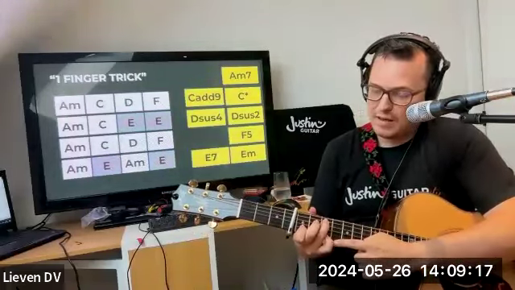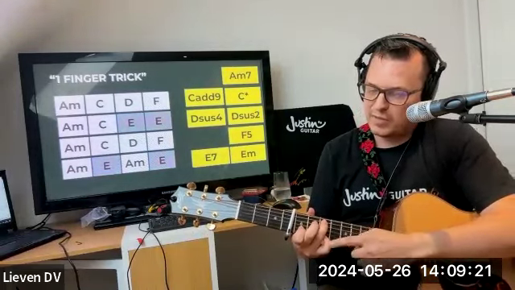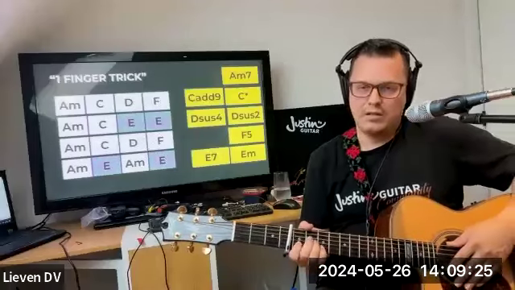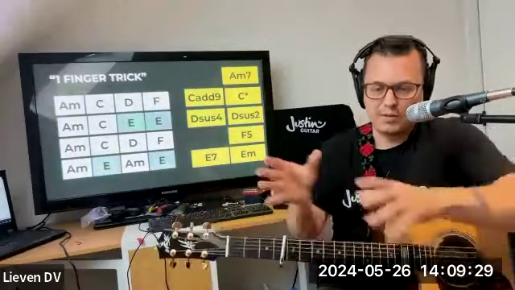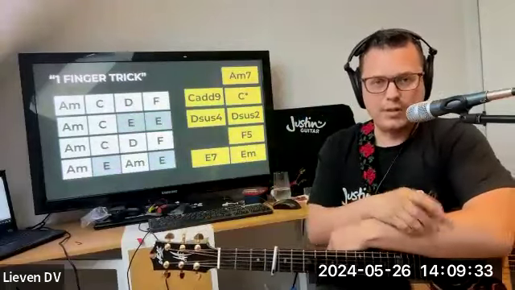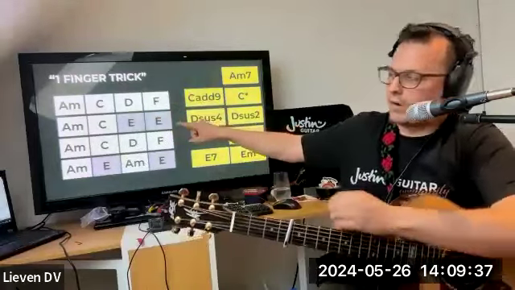This little thing here, top E string, thin string, third fret, pinky finger, C add 9. You are playing 4 chords in the same space where you were playing 2 chords, but you keep control because you will always remember in which of these white or gray blocks you are.